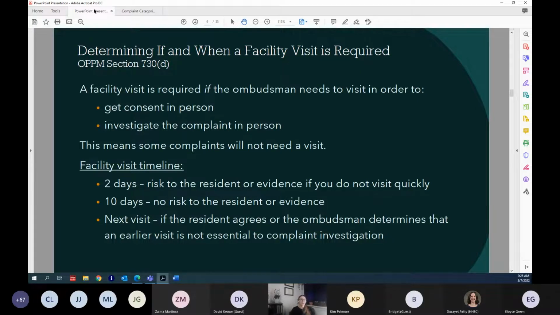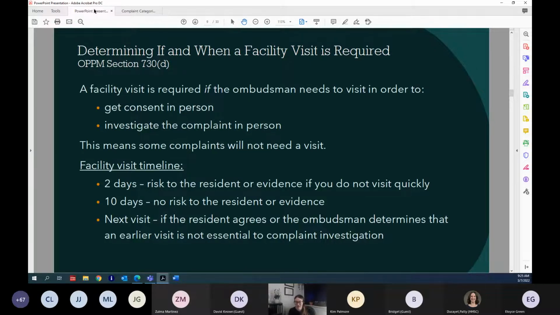If that's the case and you don't feel in your professional judgment that a visit is required to investigate that complaint, it's perfectly okay to do what you can to investigate the complaint